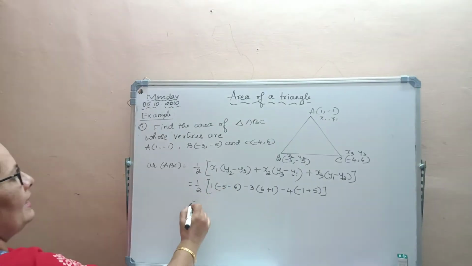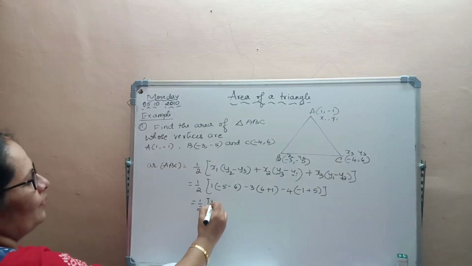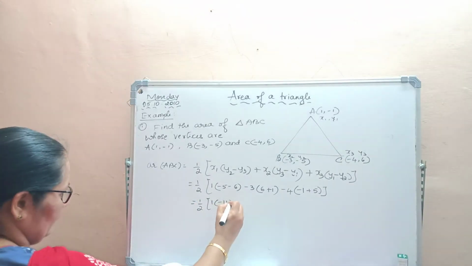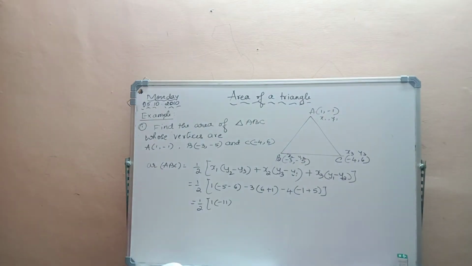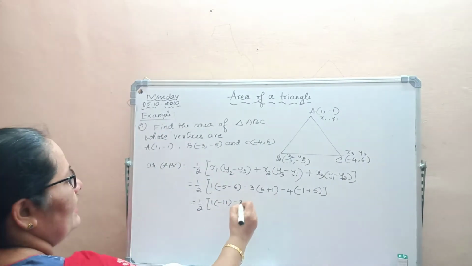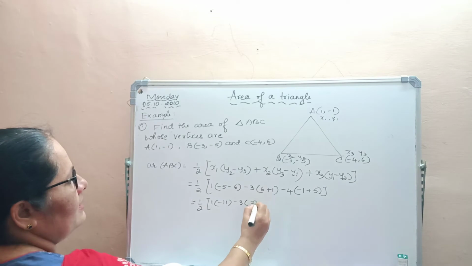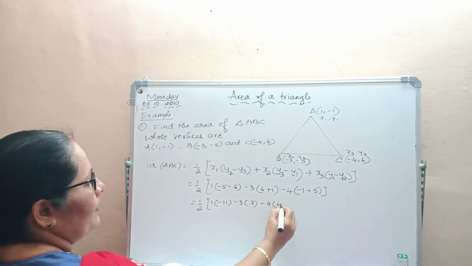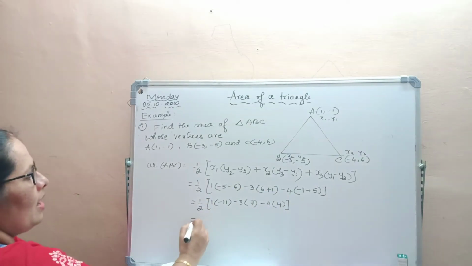Now simplify. Half into 1 into -5 -6 is -11. Then -3 into 6 plus 1, which is 7. Then -4 into -1 plus 5, which is +4. So half into